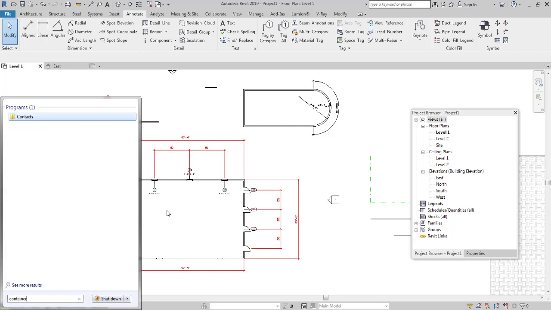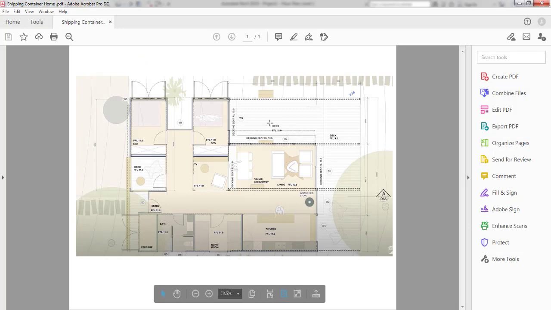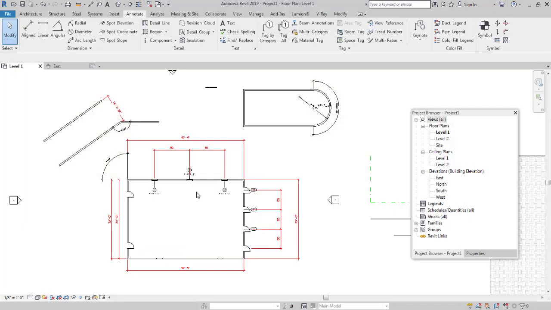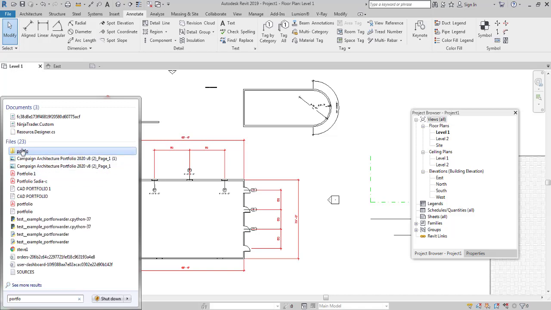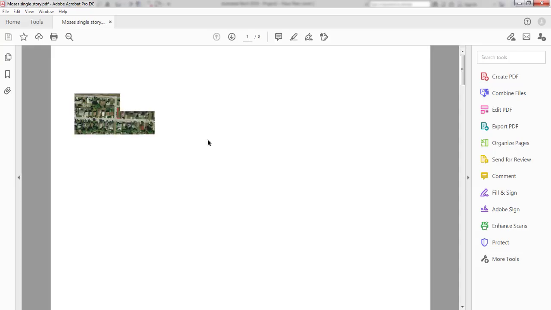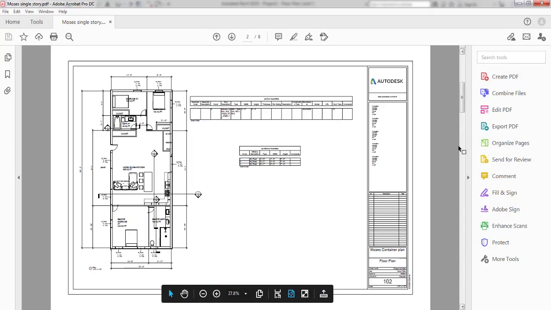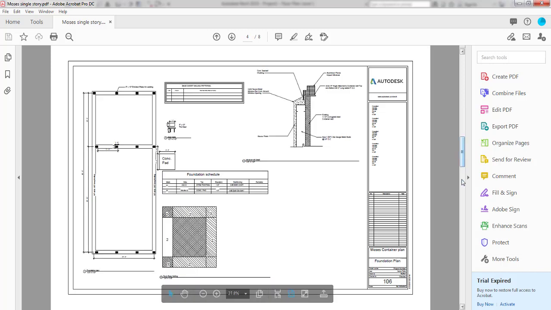Container.pdf. Okay, so this is the project that I did, which is a single story container plan for one of my clients.